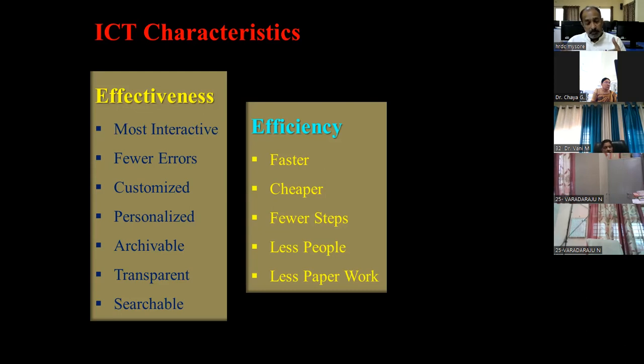Sitting at my mobile, my desktop or a laptop, just with a mouse click, I can get access to any kind of journal, right? Whether it's an IEEE journal or ACM Digital Library or DBLP or elsewhere, whatever journal you name, I can just become a member and get access to that journal with fewer steps and also a cheaper price. I did not travel. I did not spend my time. I just pay $1 or $2, and I can get an article of my interest. And also it is faster. Within a few minutes, I can get the article of my interest because my desktop is the entire globe.